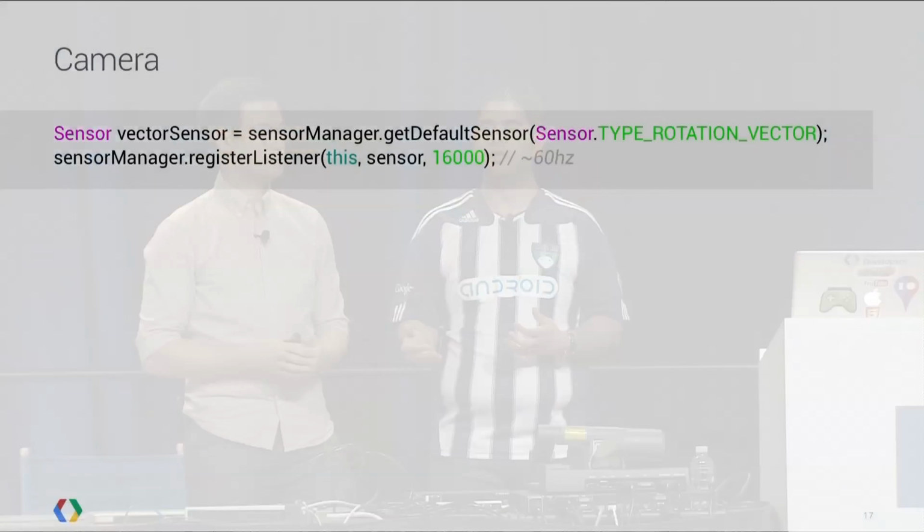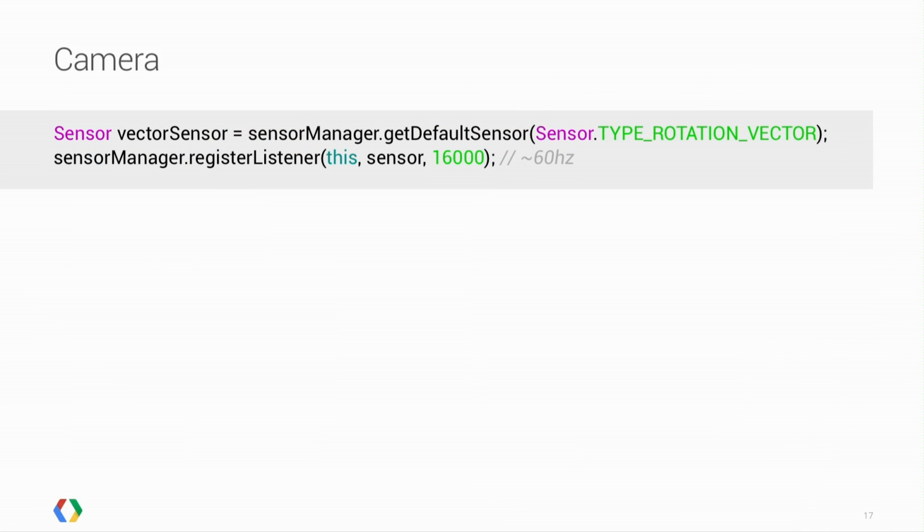But even better than that, you don't actually have to check whether that particular sensor exists. Because if the gyroscope isn't on that particular Android device, this sensor, because it's a fused sensor, will still give you back data. It'll do the best that it can with the sensors that it has access to. The rotation vector was introduced in Android 2.3, or Gingerbread, but it's really cool from that sense. Yeah, I've also noticed that the data that comes back from this sensor is quite clean, so you only